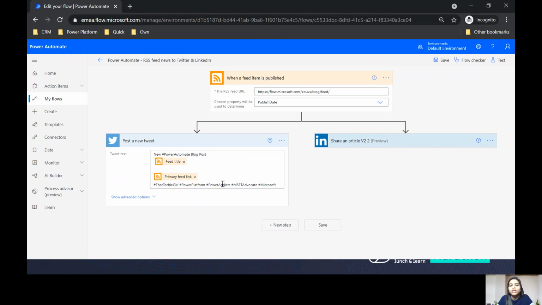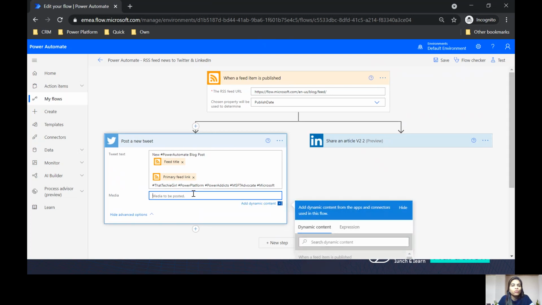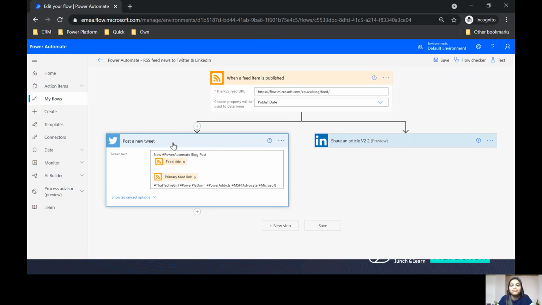This way, whenever a tweet is posted, I would get a notification myself that your tweet was successfully posted. This way, whenever I get time, or if I'm free at that moment, I can go and read the Power Automate blog. There are some advanced options for the media, but since I don't want any media to be posted by default, I've kept it aside. I'm not using it.